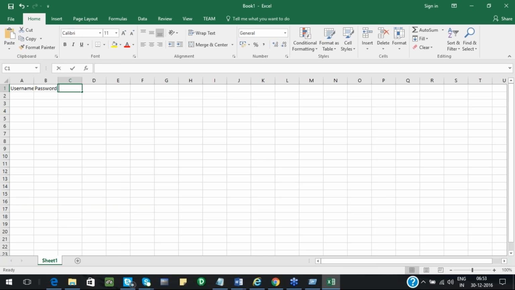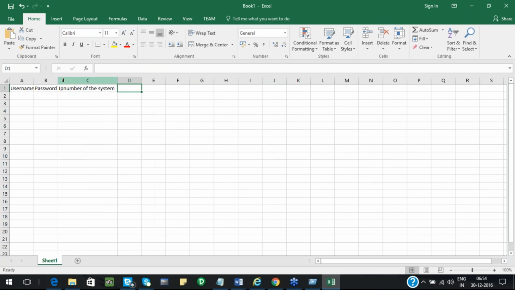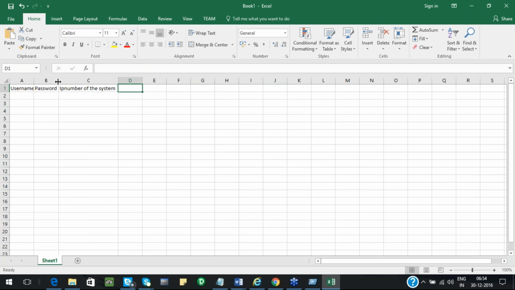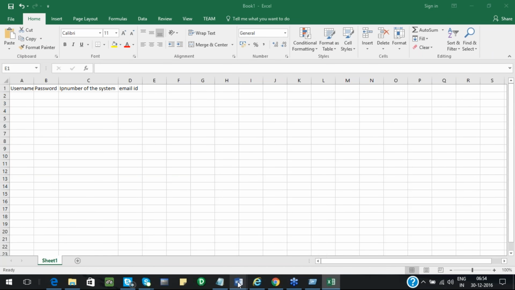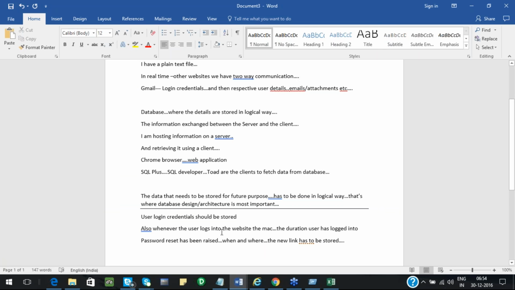And the IP number of the system. I'm just writing whatever you're saying, but let's discuss the need for it later. Okay. IP. Email ID. Okay, that's it about login credentials. How about the logs into the website?